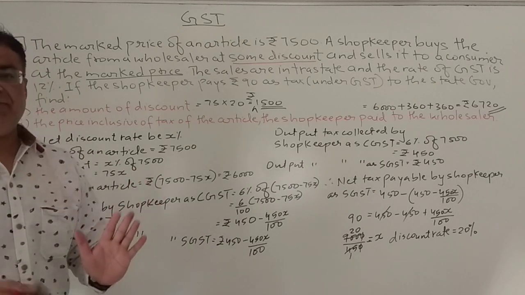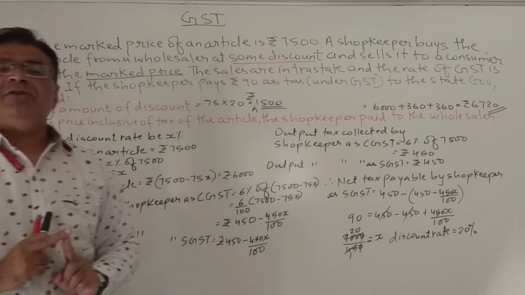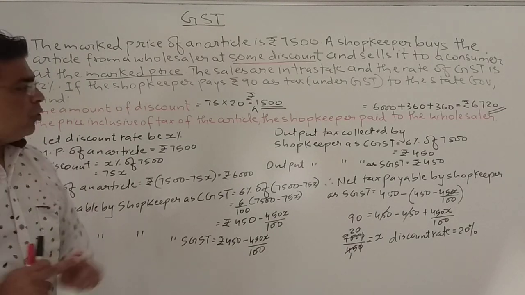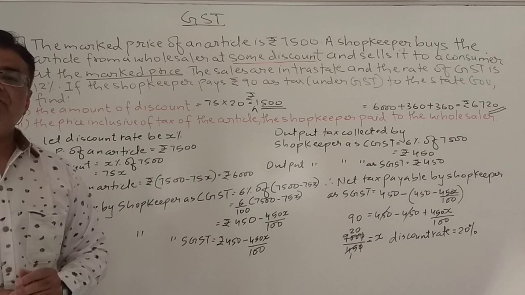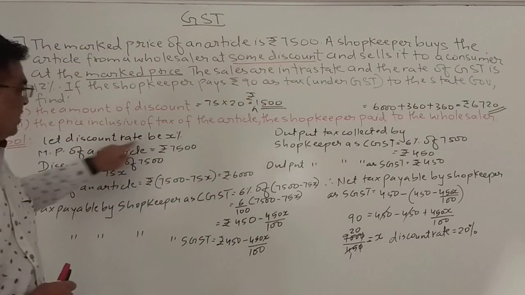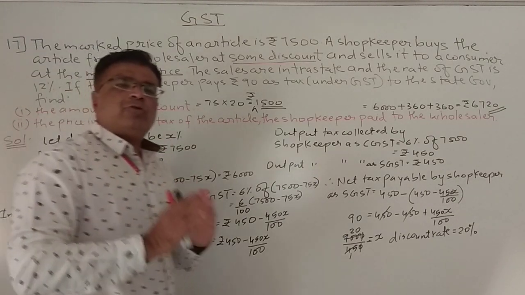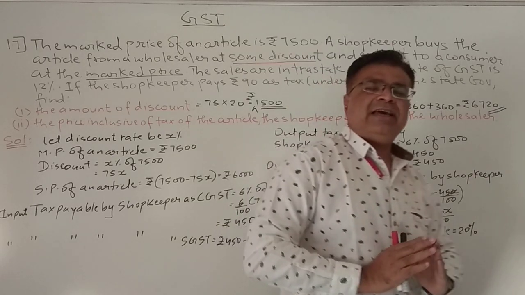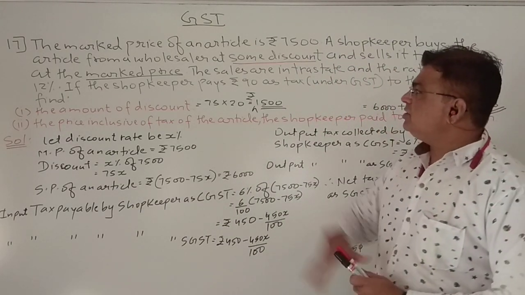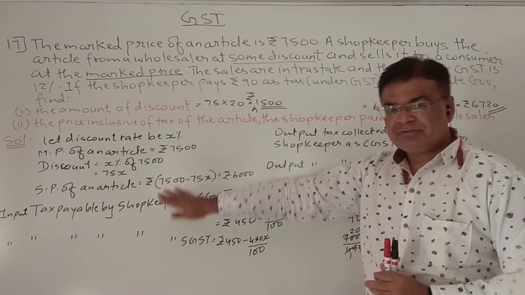Whenever we are using algebra, we know that at any point of time the equation will be framed. If your equation framing is correct, students, then automatically you will get all your answers correct. Here the unknown thing was the discount, so we have assumed it as X%. Otherwise, students, the method and the calculation of tax payable and everything is the same. Just the sum was different because here the discount was unknown. I hope you understood this sum.